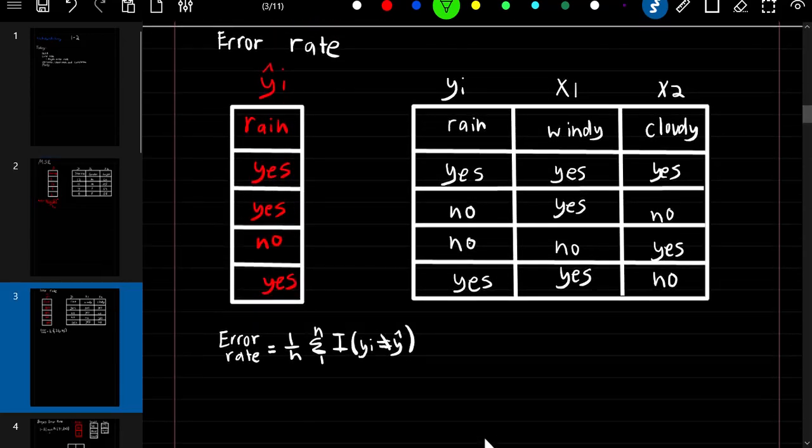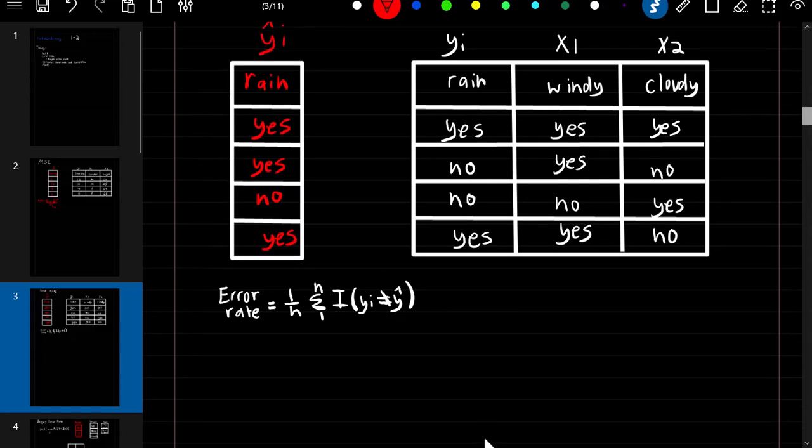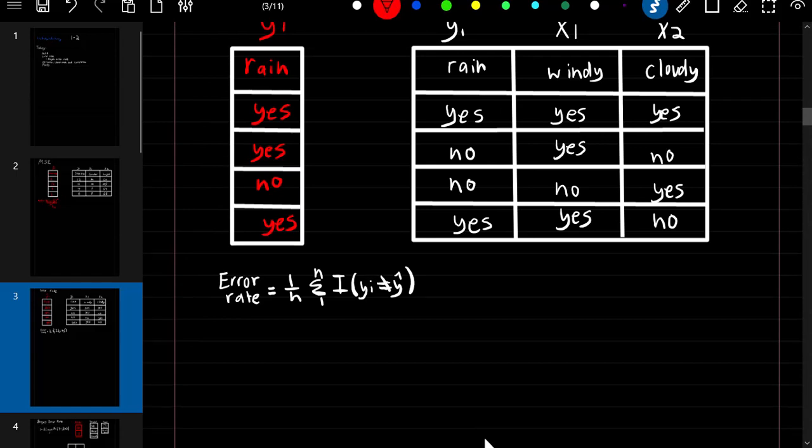Now we have the error rate. The error rate is used for classification problems, which means we have a categorical dependent variable, which in this case we're predicting whether or not it's going to rain. So it's a yes or no. The formula for that is just going to be 1 over n times the summation of the identity of the observed value does not equal the predicted value. What that means is if they're equal, we're just going to return a value of 0. If they're not equal, we're going to return a value of 1